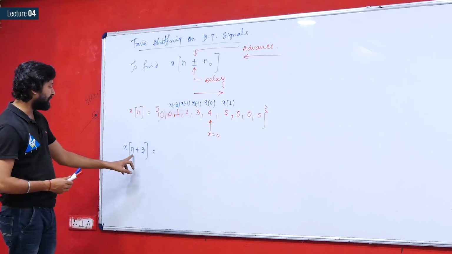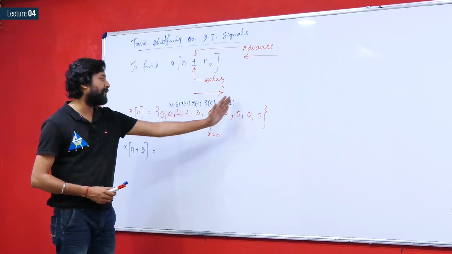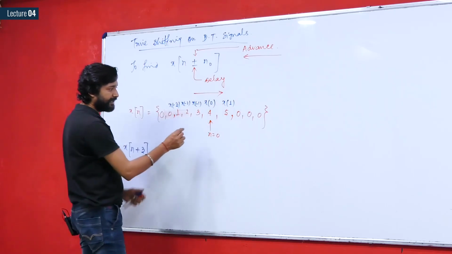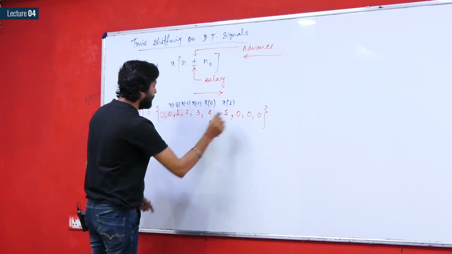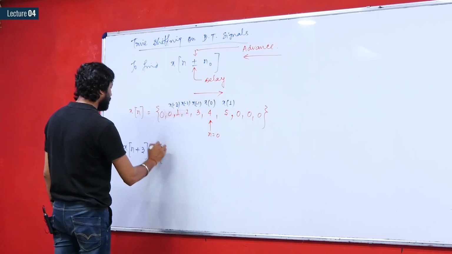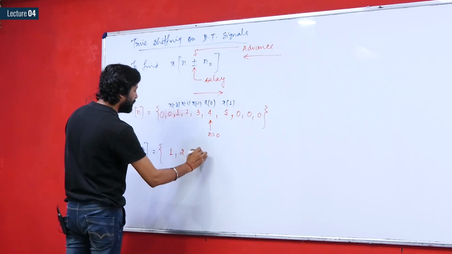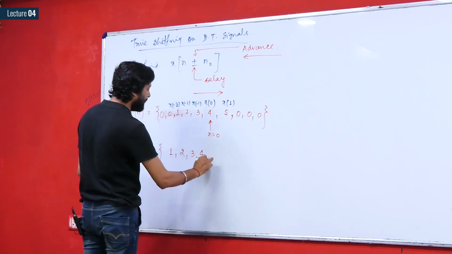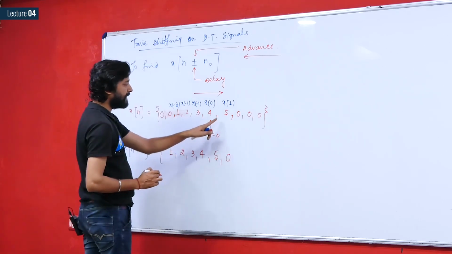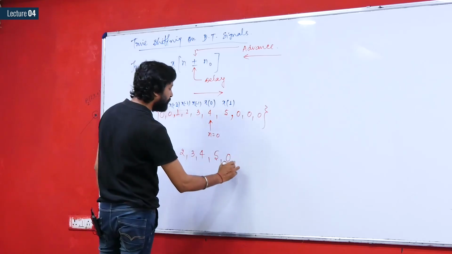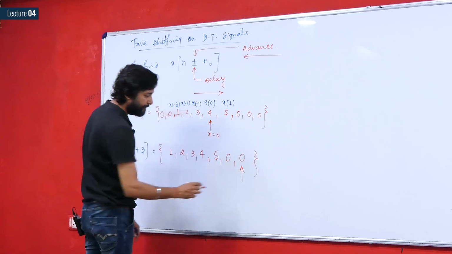So now if you have to shift for n plus 3, due to the positive sign you are going to shift this signal towards the left hand side by 3 units, therefore you can pick this arrow and move it 1, 2, 3 times. Therefore the x of n plus 3 signal will have all of the values that were previously contained in the signal, that is 1, 2, 3, 4, 5, but now there will be more values as you shift 1, 2, 3 times, therefore you will have to take 2 zeros, and now this point will be represented as the origin.